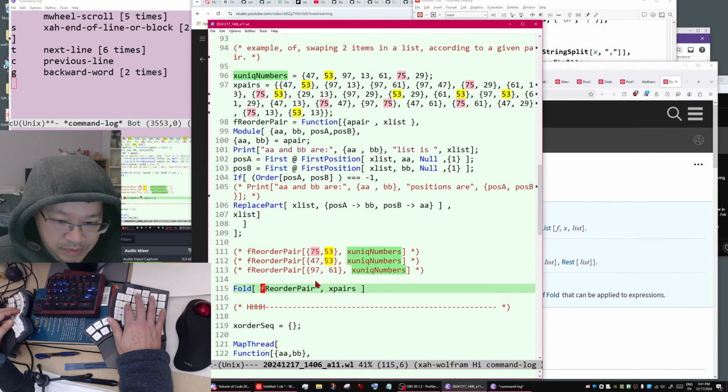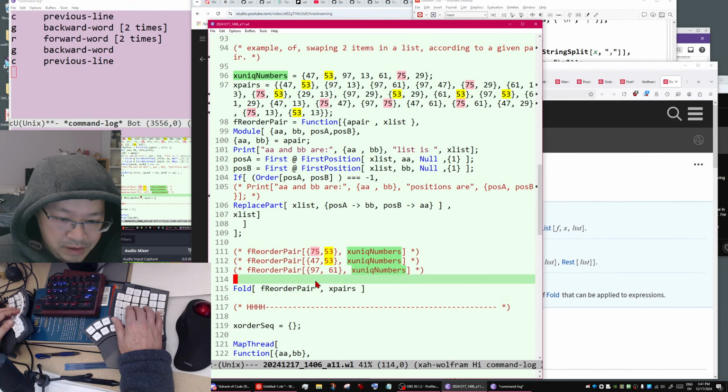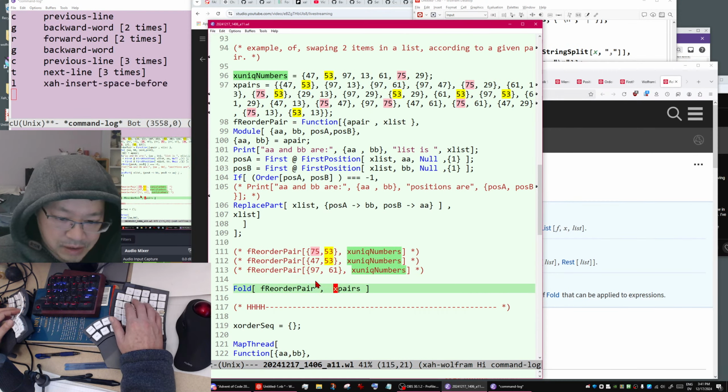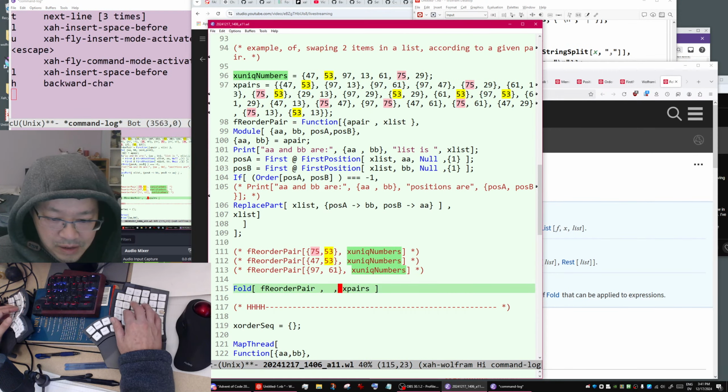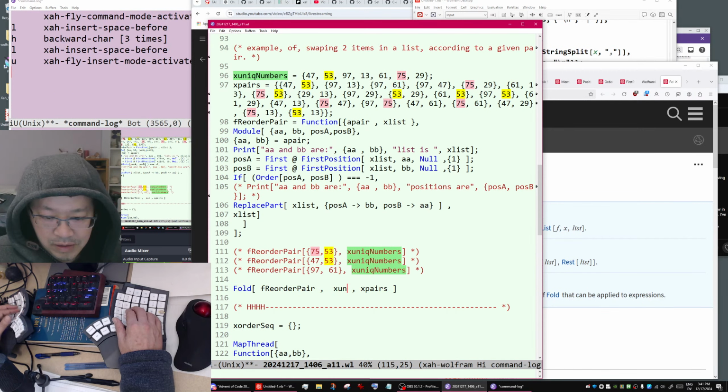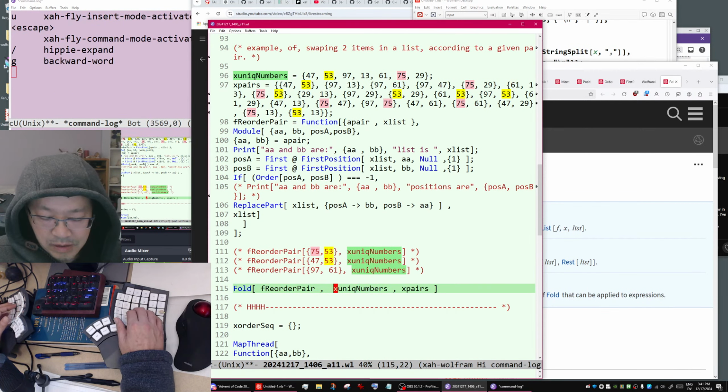Okay, so the problem is something like this. Okay, so this is all correct, and here you need to add a new thing. Okay, so you need